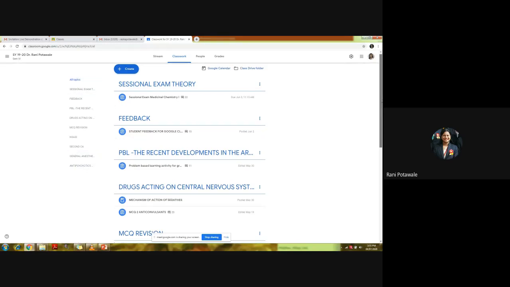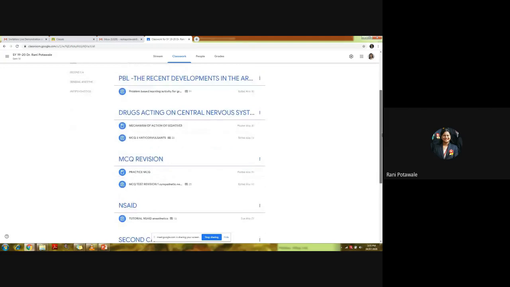Now this classwork is the platform for organizing the study material as well as the various types of assignments. When we look here at Create, we can see the different options for creating assignments. On the left hand side, we can see the different topics which were created in order to organize the study material, the different types of assignments, and the activities taken for the students.